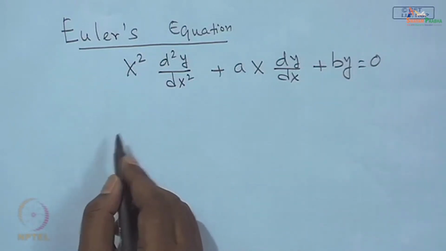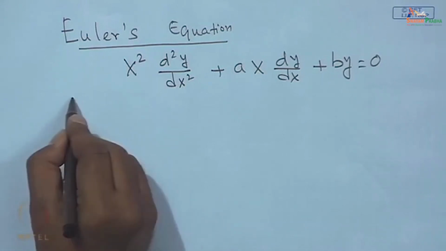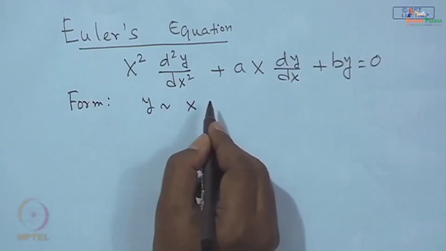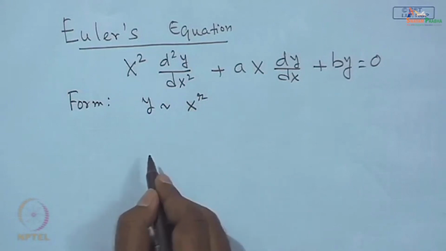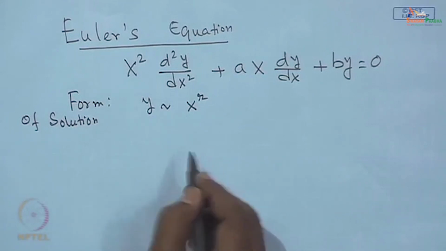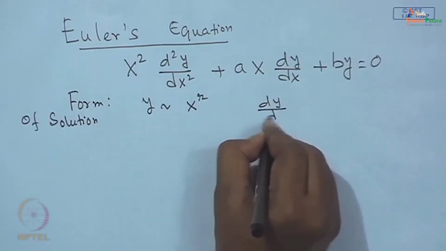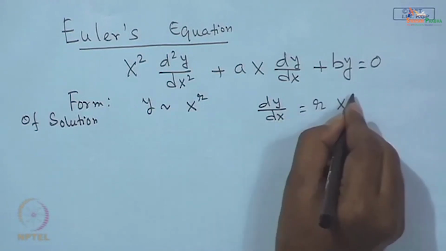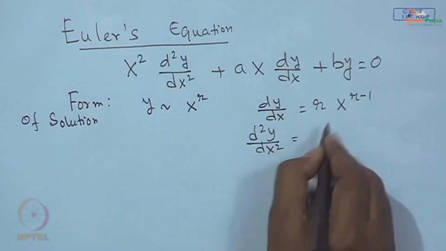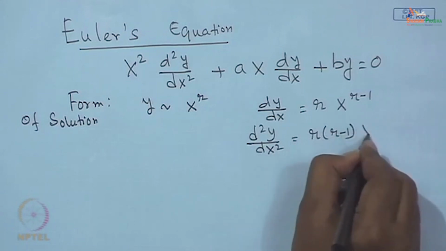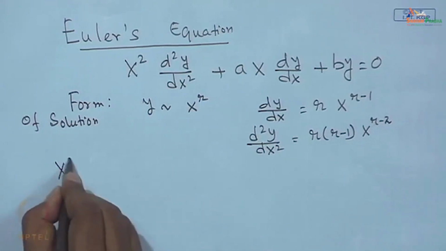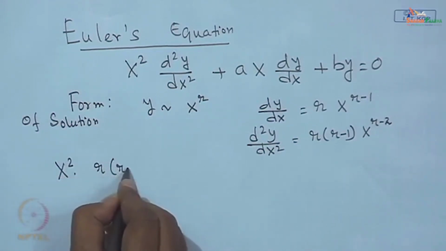Now, the form of the solution is y is equal to x to the power r. If we put that in, then dy dx is nothing but r x to the power r minus 1. One more differentiation, so d square y dx square is nothing but r into r minus 1 x to the power r minus 2. So, if we put it in the governing equation, x square r into r minus 1 x